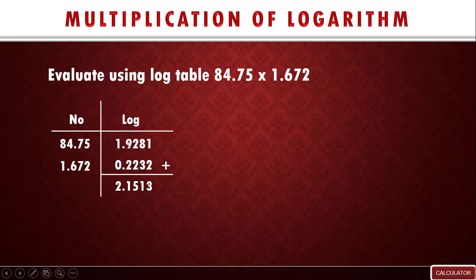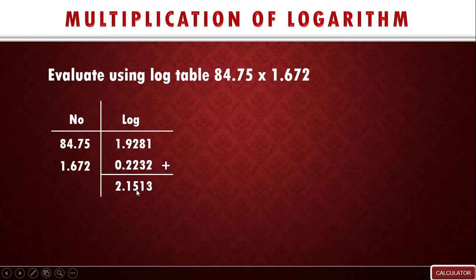Then we now have 9 plus 2, that will give us 11. So we write down the 1 and transfer the 1 to the next stage. So 1 plus 1, that will give us 2. 2 plus 0, that will still give us the same 2. You can see right there. So we have 2.1513. So if you're making use of your anti-log table here, all you need to do is to check